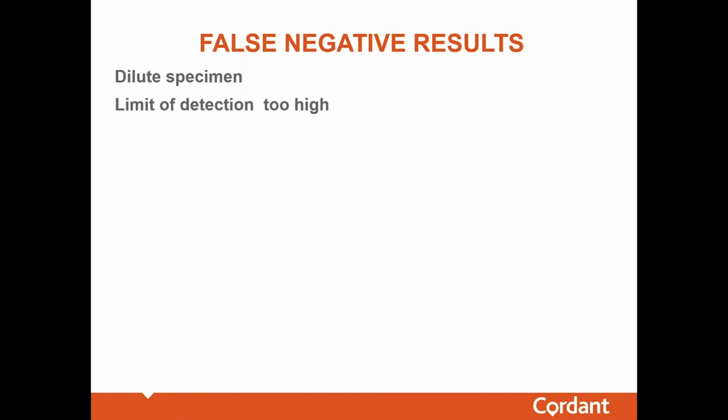For the immunoassay, the specimen may very well have been too dilute for the point-of-care device to pick it up, whereas the LC-MS/MS methods are much more sensitive. Another reason for false negative results is that the limit of detection might be too high in the point-of-care devices. So they're not sensitive enough to pick up the drug, which can be picked up in the confirmatory